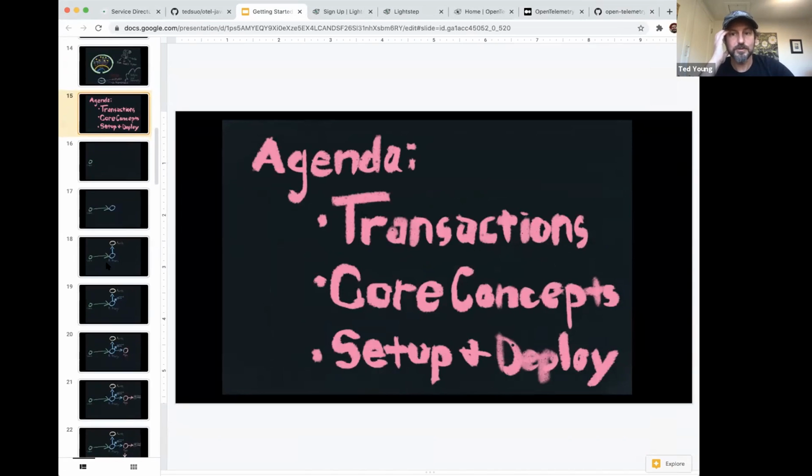So let's get into some core concepts of OpenTelemetry. One thing that's core to OpenTelemetry is the concept of a transaction. We view the OpenTelemetry model of a distributed system as transaction focused, meaning in particular a transaction that's within the realm of human wait time. A classic example might be someone trying to upload a photo from an app.